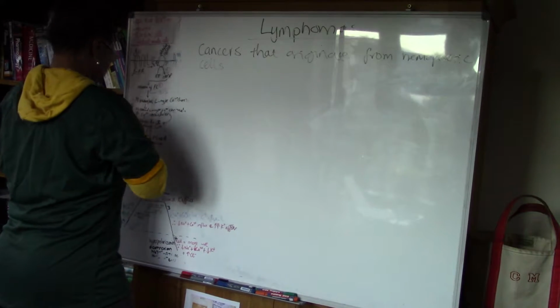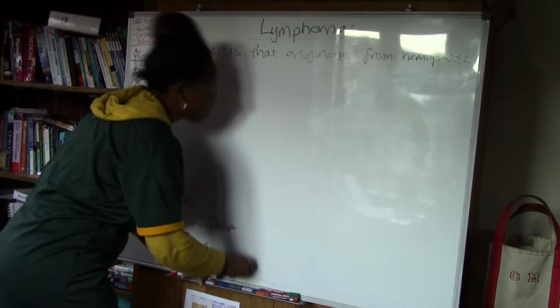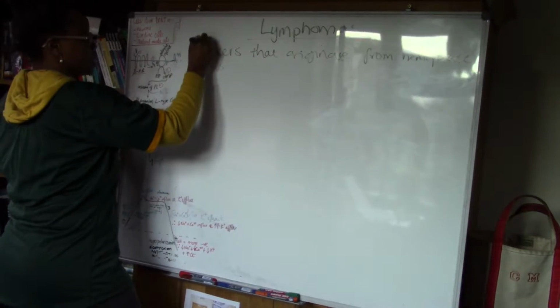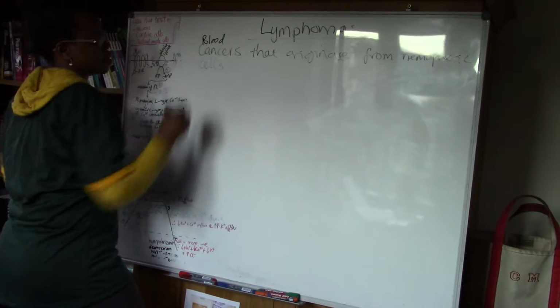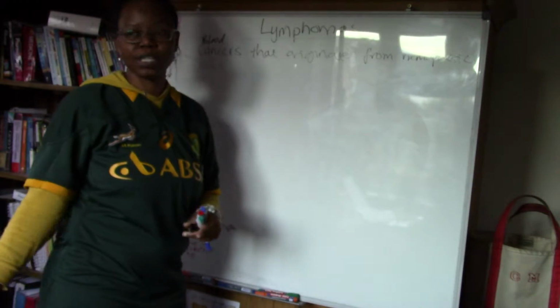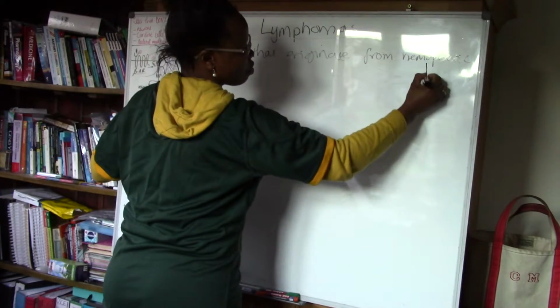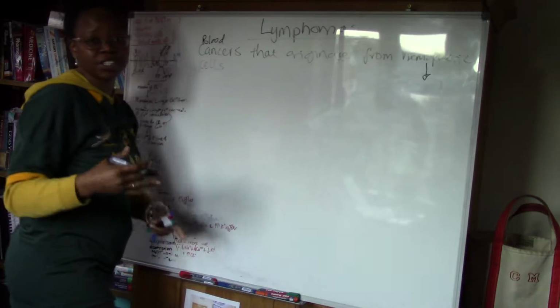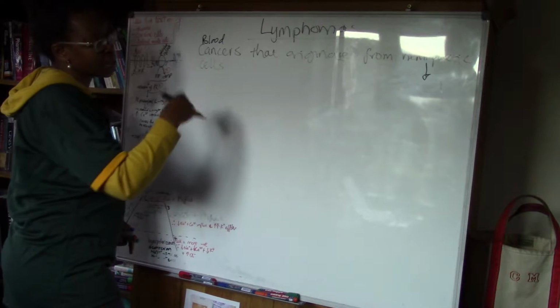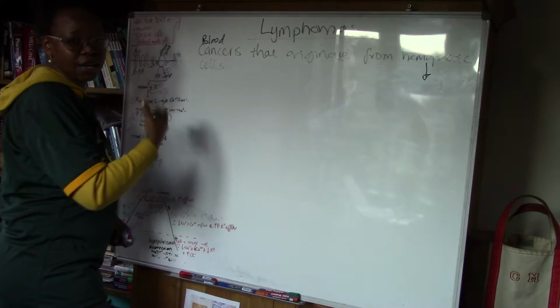And I think it's important to actually say these are blood cancers that originate from hemopoietic cells. And hemopoietic cells are obviously cells that differentiate into different blood cells, such as lymphocytes,